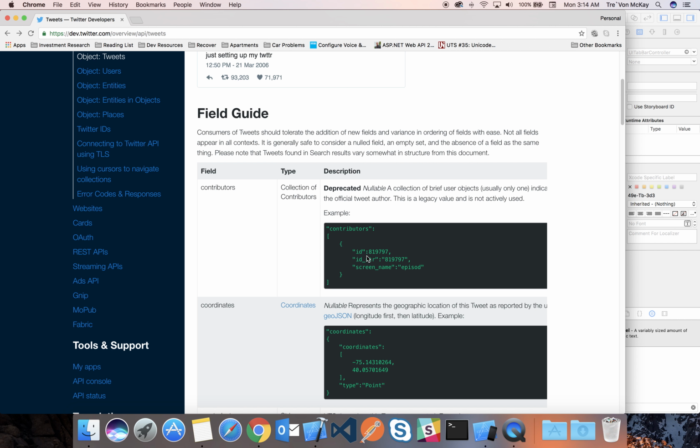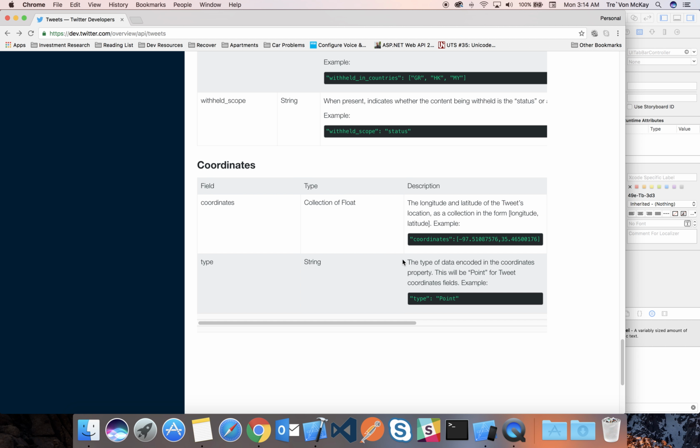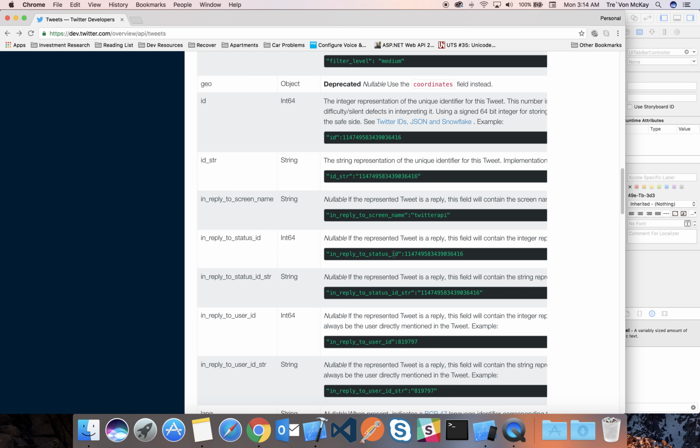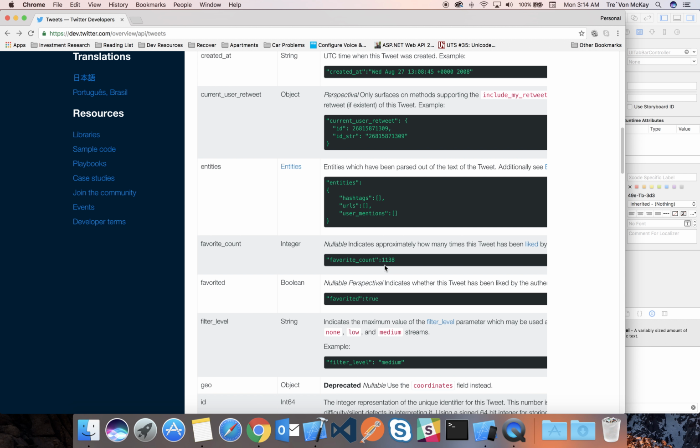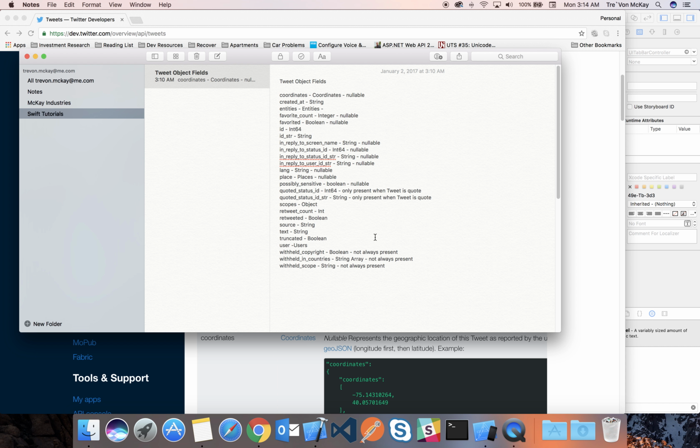So I looked at what the fields are in a tweet that are included in a typical Twitter response, and this is what they are. So our struct will mimic this very much, so that way when we make calls to Twitter and we get the data back, we can easily recreate this thing in our app. So I've already taken the liberty to copy what these things were, put it into a